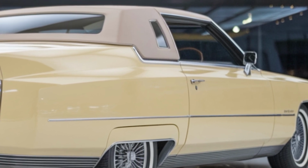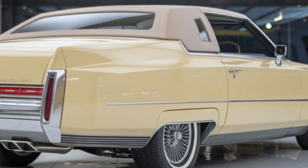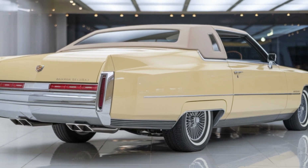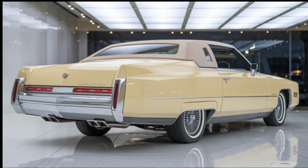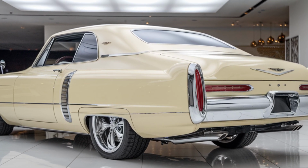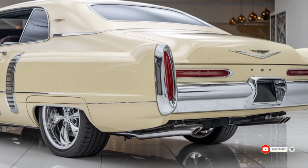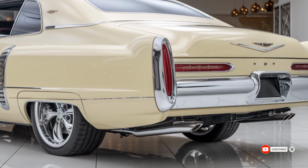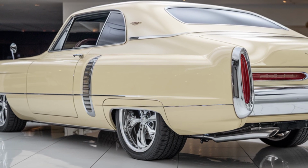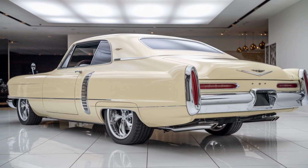So what's the price of a wooden Cadillac Brougham limousine like this? That's where things get tricky. Since it's a one-of-one creation and not a factory vehicle, there's no official market value. It has shown up at a few events and auctions over the years, and depending on condition and location, estimates have ranged anywhere from $5,000 to $25,000. But honestly, the real value is in its uniqueness. There's nothing else quite like it, and for collectors or custom car lovers, that